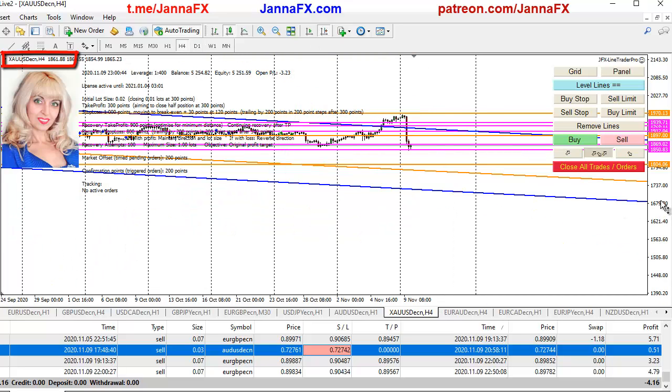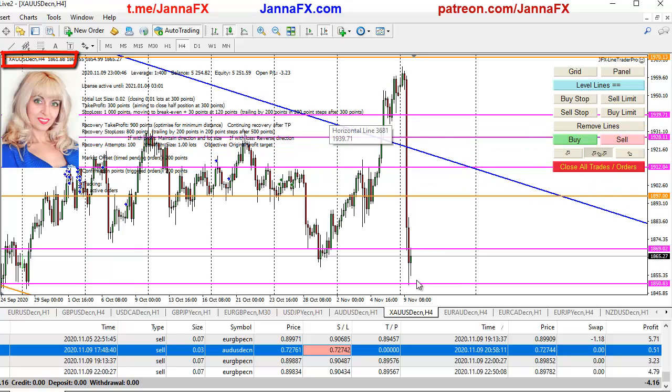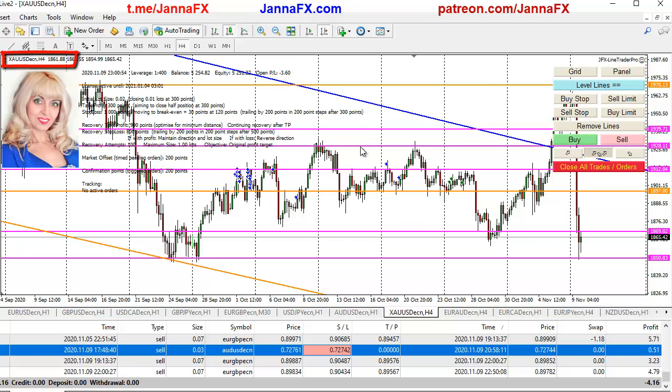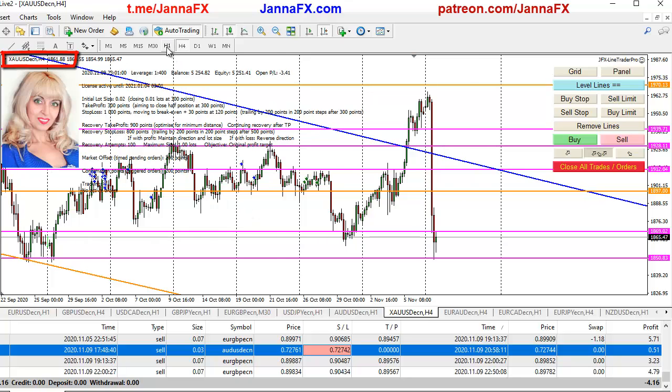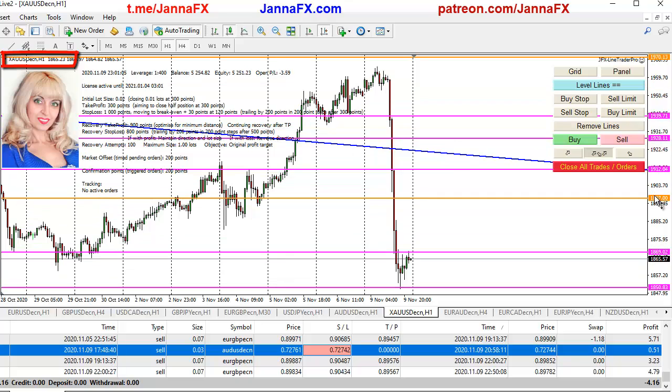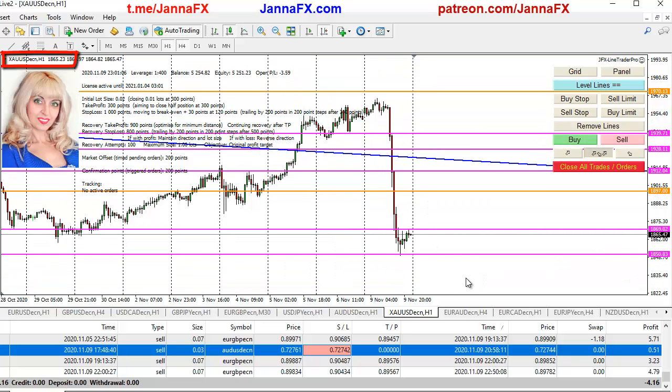Now, where to get into the possible entry points here? There was a little bit of consolidation at this moment. It just looks like it jumped from 1850. It didn't break the bottoms, but I still think it should collect some of it. I think they're trying to fool everyone into thinking we're going up, or maybe everybody is thinking it should continue the way down, and then they're going to turn us around.